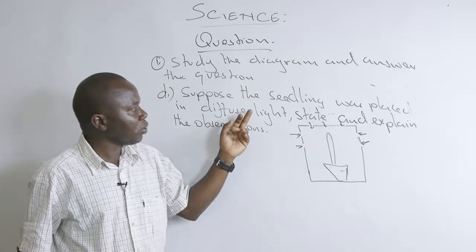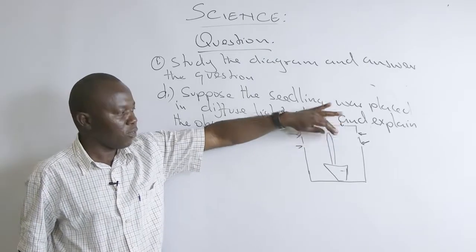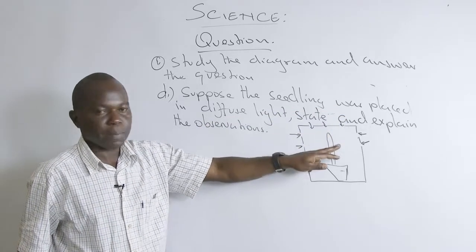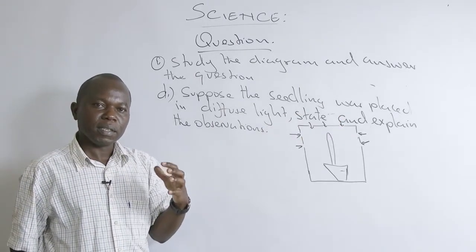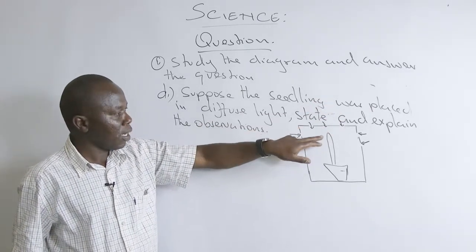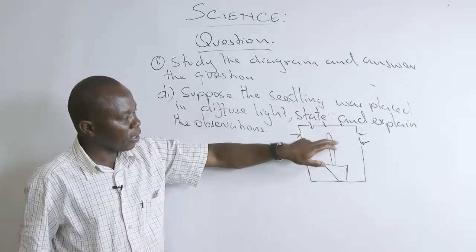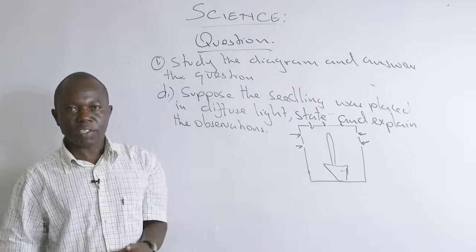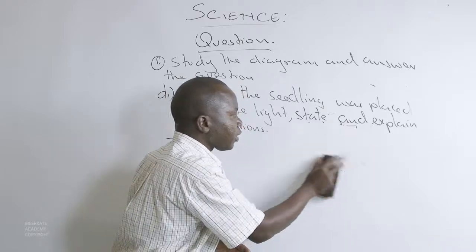So for that purpose, because we have diffuse light, we are going to have uniform distribution of auxins. There will be uniform distribution of auxins around the shoot tip. Once we have that, it means the rate of cell elongation will also be uniformly distributed around the shoot tip. If we have uniform cell elongation, it means the plant will continue growing in a vertical position. So in form of a note, we can say